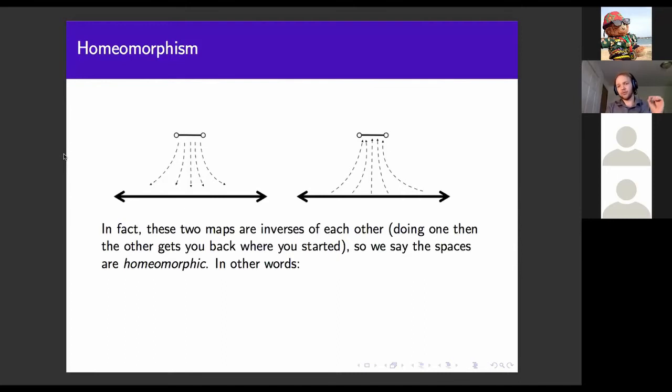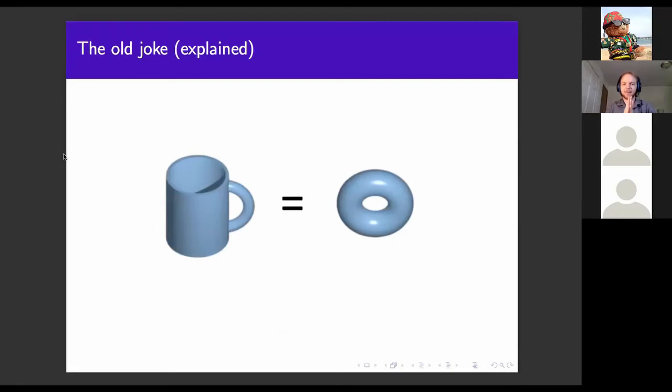And the term for this is called homeomorphic. If you can do this with two spaces, have a continuous map in one direction and the other, so that they're inverses, they're called homeomorphic. In other words, they're the same space. That's what topologists would say. All right. And so now I've explained to you precisely why the topologist says that the real line is the same as the 0, 1. Great. Okay. So we've kind of explained the old joke.